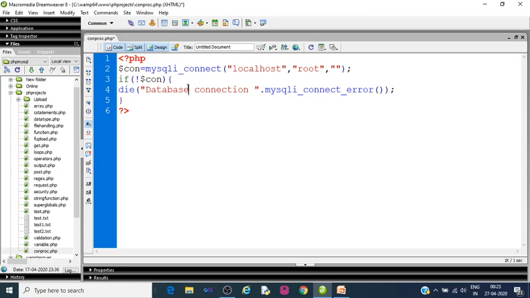Rather, better we'll use server connection failed, as right now I'm not connecting with any database. And then else, echo server connection successful.